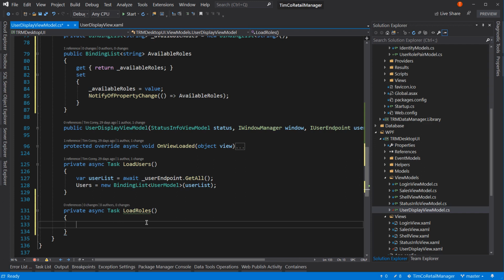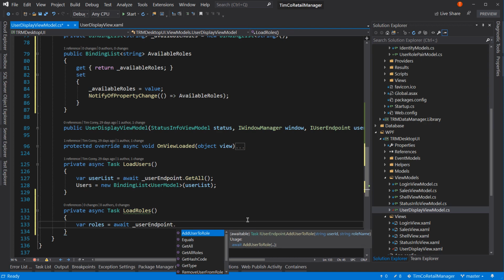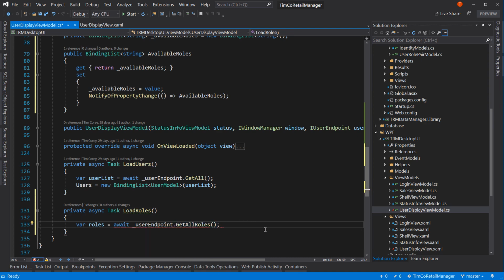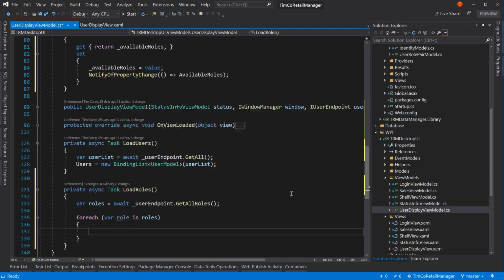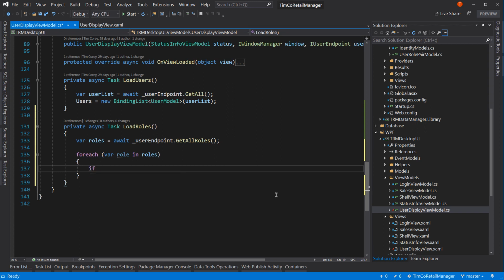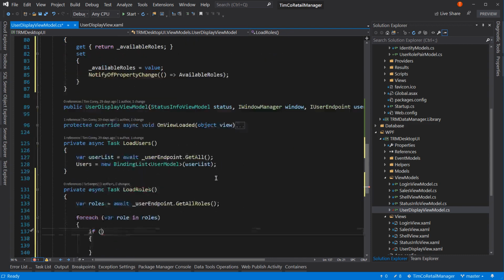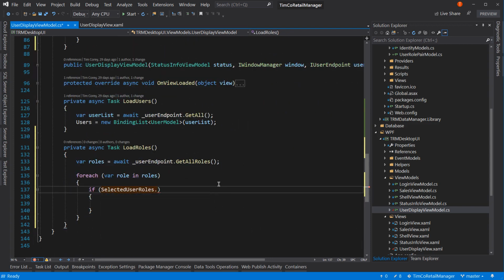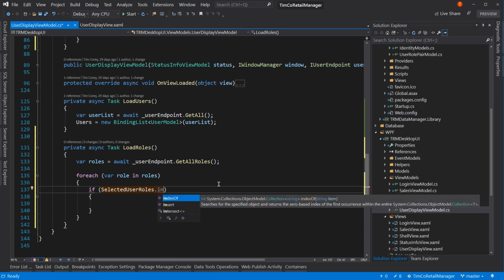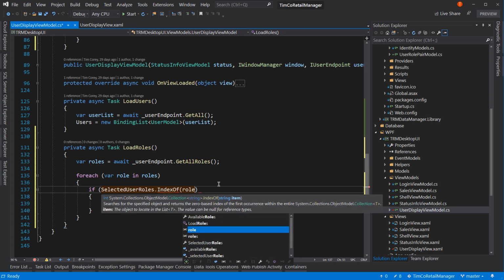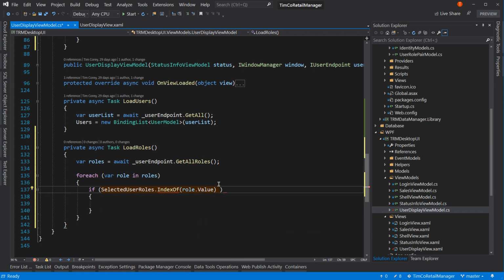And what this will do is it's going to get all the roles that are available and then only add the ones that are missing. So var roles equals await underscore user endpoint dot get all roles. And then we're going to do a for each role in roles. And each role is going to be a key value pair from a dictionary. So we'll say if, and then we're going to look at our selected user roles. If selected user roles index of, and then we'll look for our role dot value